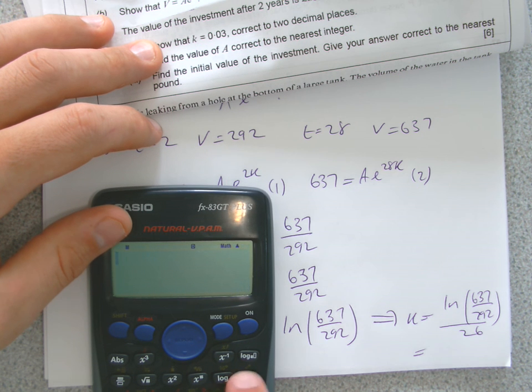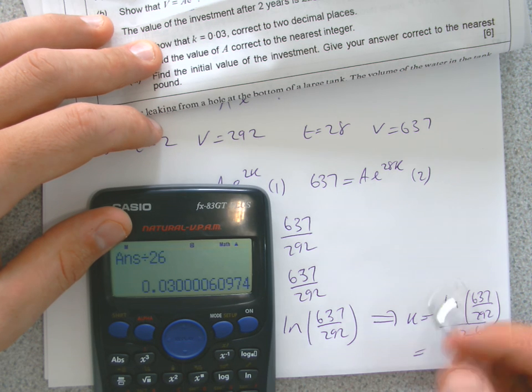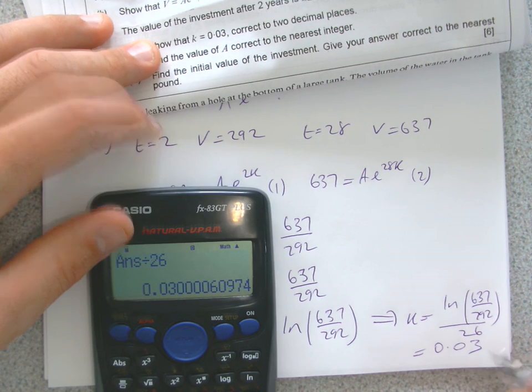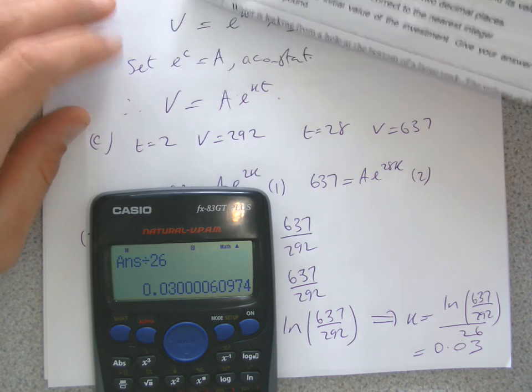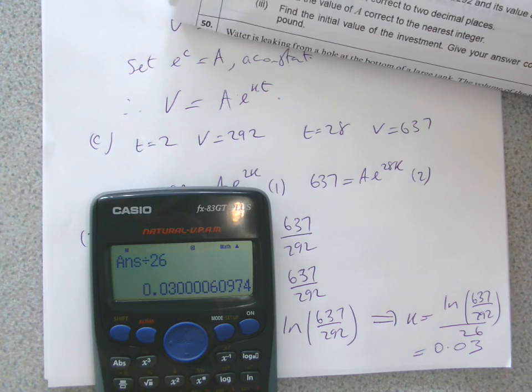We're done. Let's do that again. We get 0.03. That's what we're asking for there. So k we know is 0.03, and then it says find the value of a correct to the nearest integer. So what we're going to do to get a